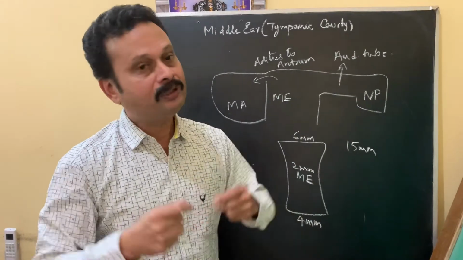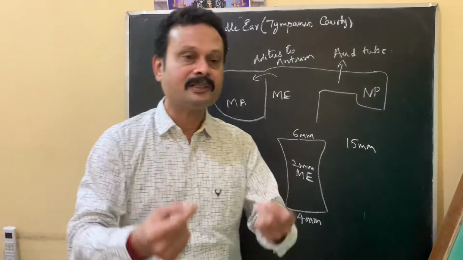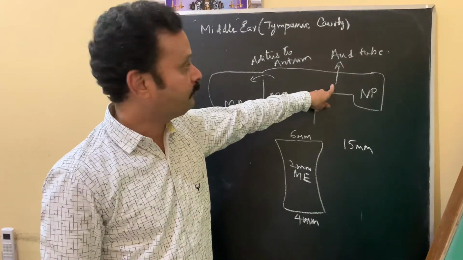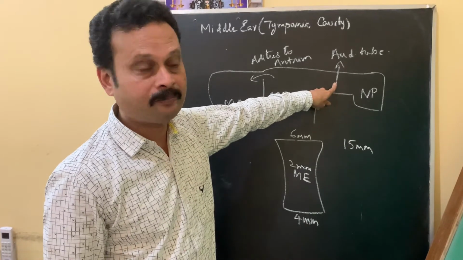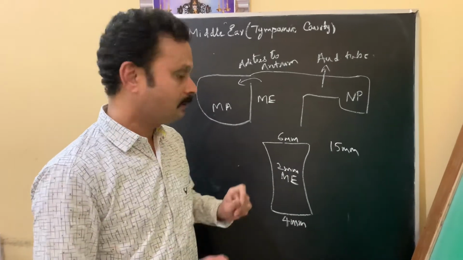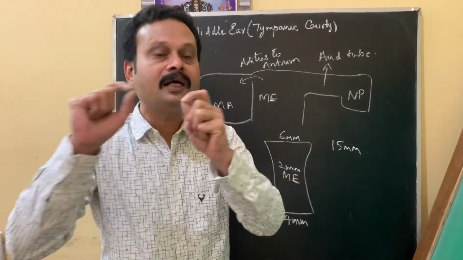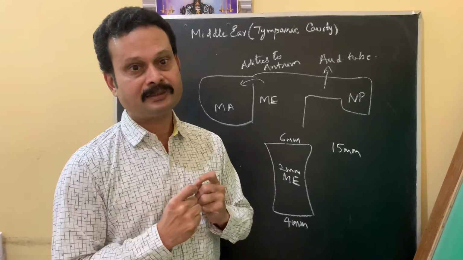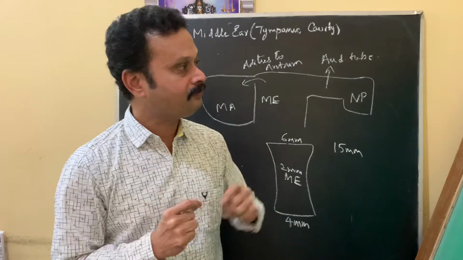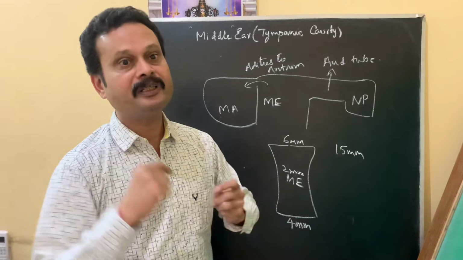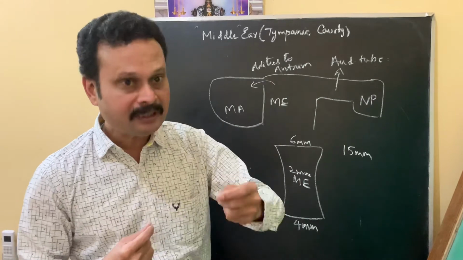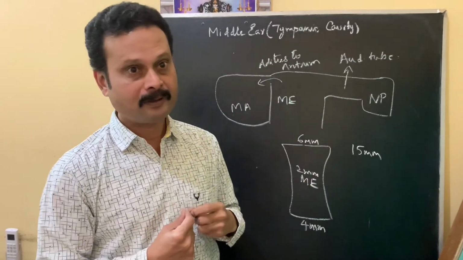Protection of the middle ear. How is the middle ear protected? What are the factors which protect the middle ear? Number 1, auditory tube, which maintains an equilibrium of air pressure within and around the tympanic membrane. That is number 1. Articular surfaces of the ear ossicles, that is number 2. And number 3, reflex contraction of tensor tympani muscle and stapedius muscle, which protects against explosive sounds. By these 3, the middle ear is protected.